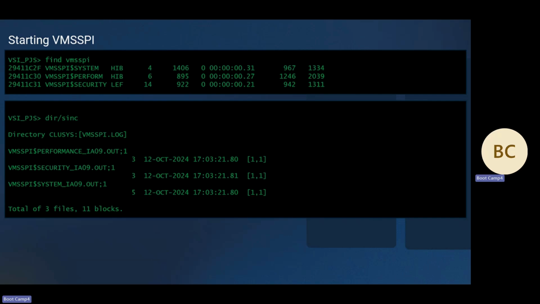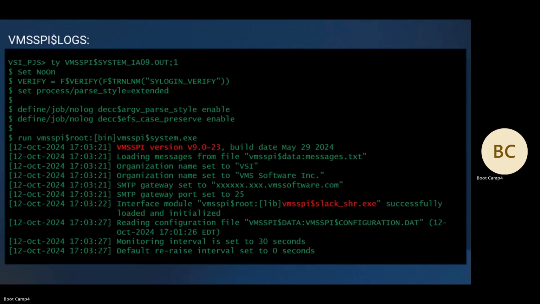So, after we started, we see that we have the 3 processes: system, performance and security. And then within the VMSSPI log, we have a .log file. We have one for security, and performance, as expected. So this is kind of a glimpse at what the output file looks like. So when it starts up,